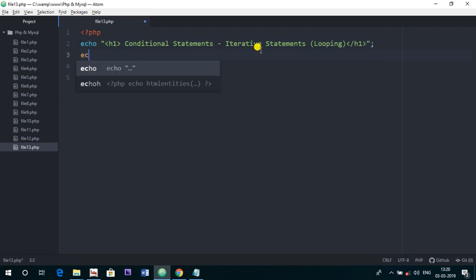And then we will again give one more heading here. For that we will write for loop. We will study the concept of for loop,